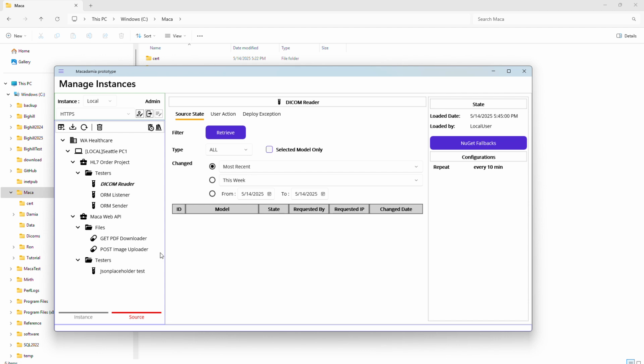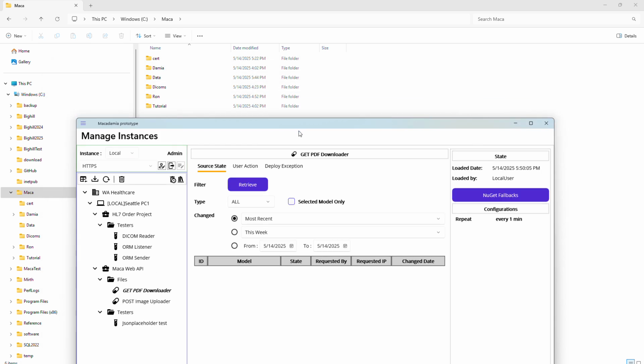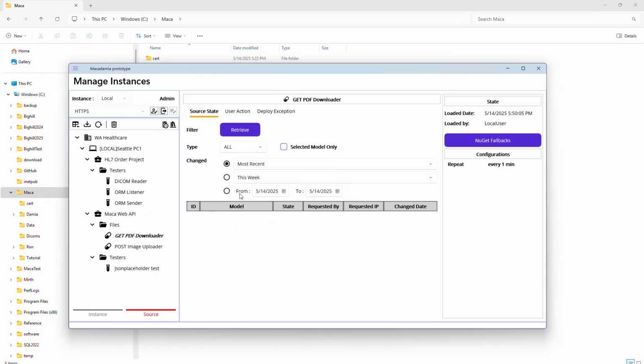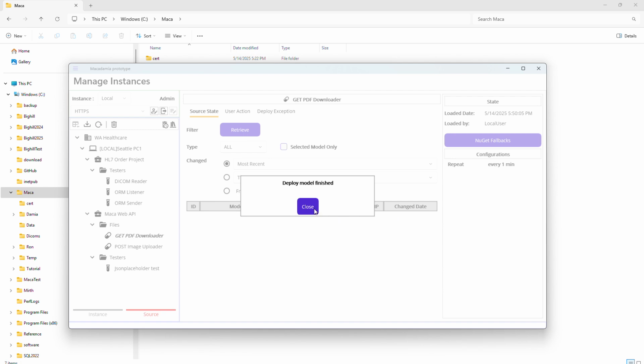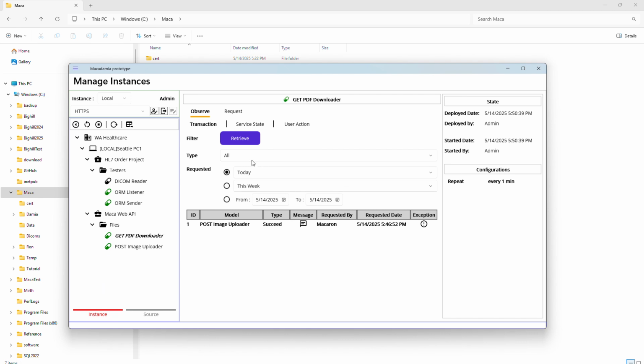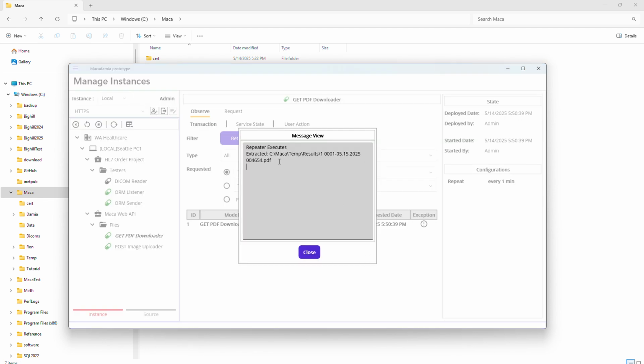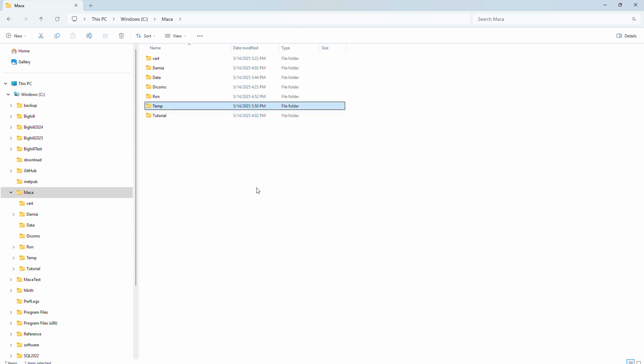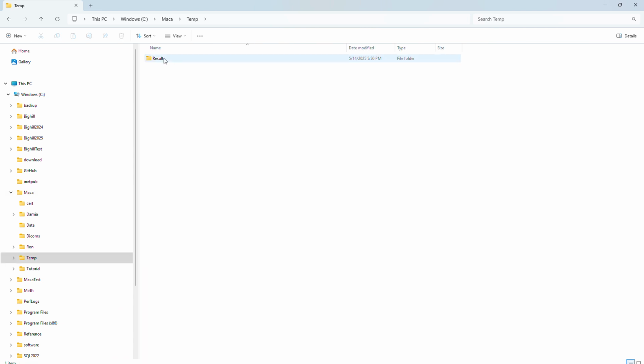And then the next thing is get PDF downloader to see what will happen. As I mentioned, once we deploy that one, it will automatically execute the code. So it will download the PDF file, actually the zip file, and extract the PDF file. Well, it's finished. So it shows that it extracted to this location with this name. And if you look at the temp results, there is a PDF file